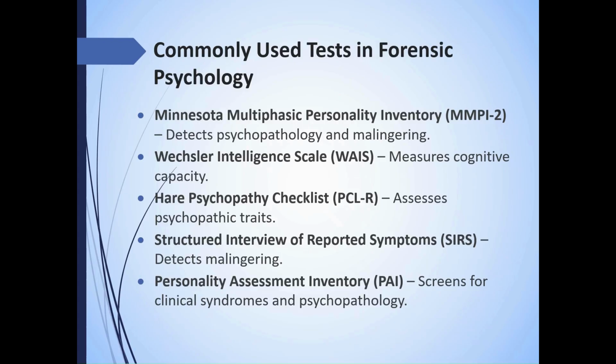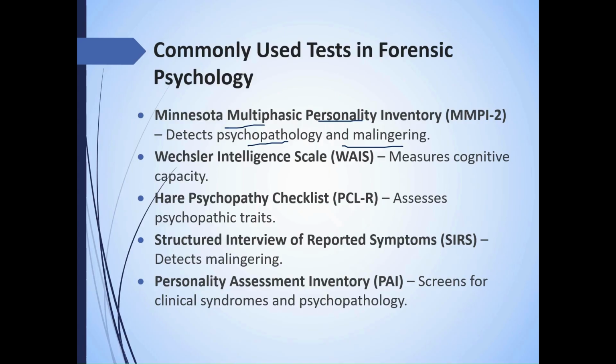Some of the commonly used tests in forensic psychology. Okay, so these are some of the standard tests that are used worldwide and also in Indian forensic setups. And these include the Minnesota Multiphasic Personality Inventory or MMPI-2. It is going to detect psychopathology and malingering. I told you already what malingering is, right? It is acting as if the person is mentally unstable while the person is actually quite stable. Or the psychopathology, why exactly the person is